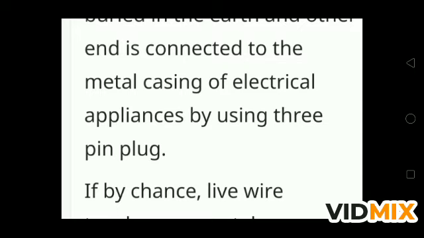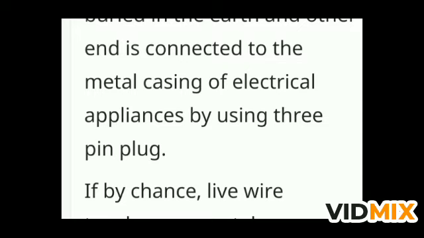Whenever we are using that pin in the socket, first that pin is inserted into the big hole and it is connected with the earth. If there is any leakage of current, meaning any insulation of the wire is removed by continuous use, बहुत बार यूज़ करने पे तार के ऊपर का जो रबर है वो हट जाता है, वहाँ से तार खुल जाता है, और अगर वो हमारे किसी मेटल अप्लायंस से टच हो जाता है तो हम जब सर्किट को ऑन करते हैं तो करंट उसमें फ्लो कर सकती है. तो सबसे पहले क्या होता है कि अगर करंट कहीं पे फ्लो कर रही है तो वो तार के द्वारा अर्थ में चली जाएगी. So the pin is bigger and thicker.